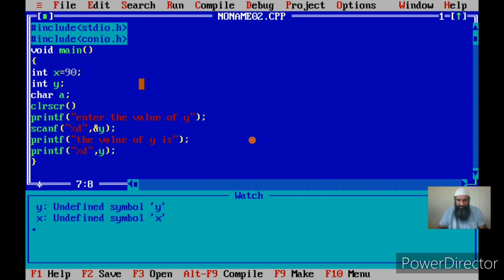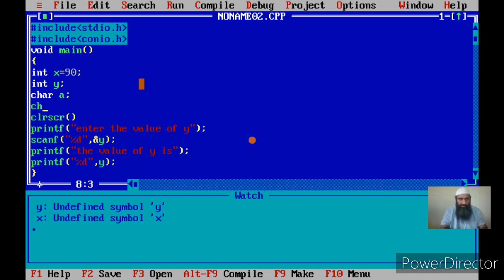One variable is a, now it's of character data type, and another variable is say h. You can give variable names as meaningful names. I am giving single alphabets because this is a demo program to explain to you what is the difference between character data and integer data. As I already told you, integer can hold numbers, but character data type variables hold characters.